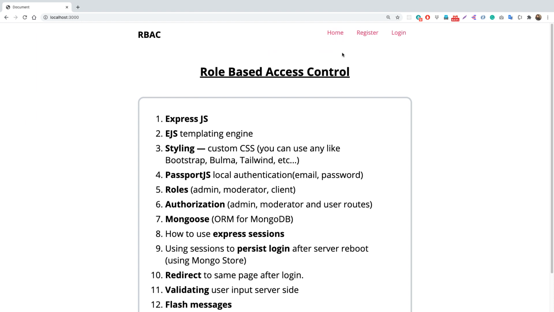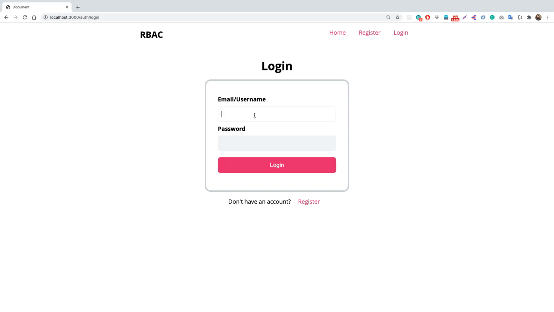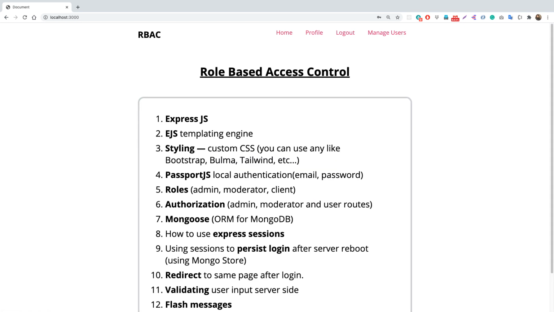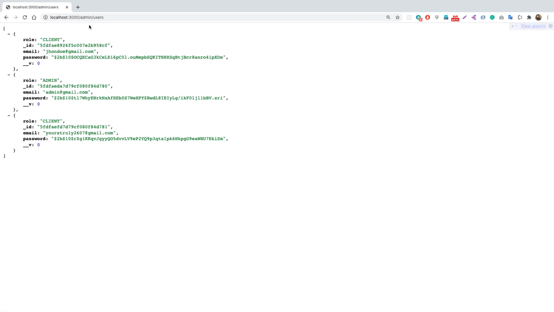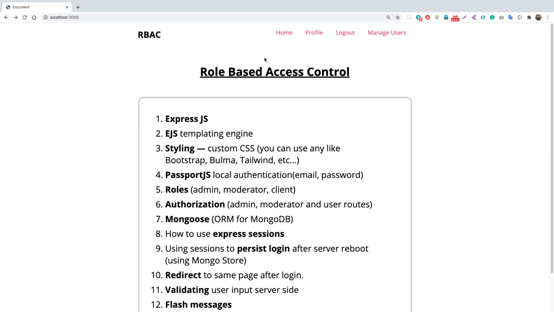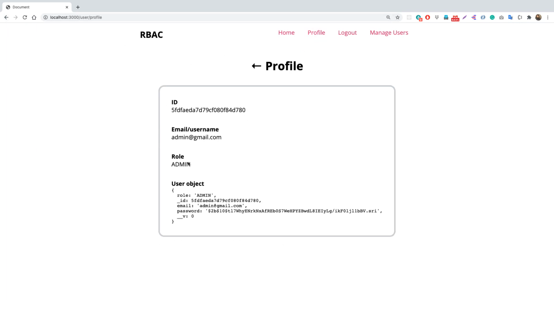So now let's log out and let's see if the admin is able to access that route, that is admin@gmail.com, password 12. And now let's go to that route here, I think that is coming from this route here, that is manage users. So we see that we can go to the /admin/users route, because the user who is currently logged in is an admin, and therefore he can visit that route. So basically this is how we authorize routes.